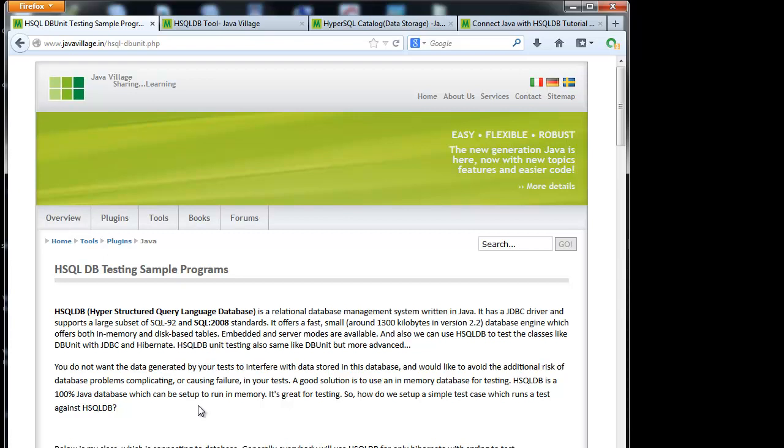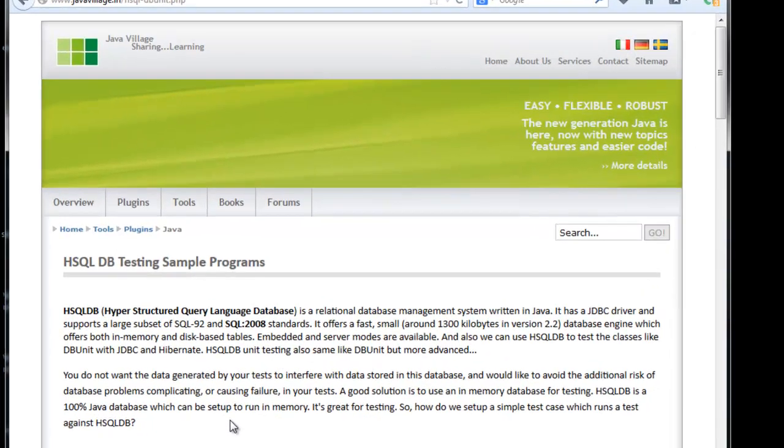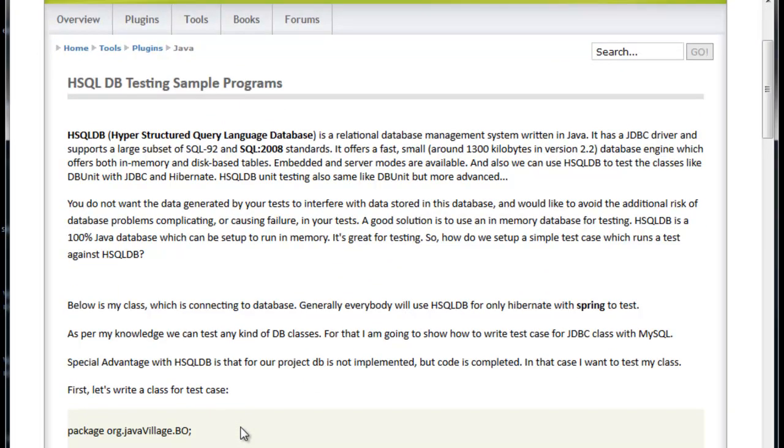The HSQL DB setup is also very easy to understand, and we can do it easily. Below I'm going to show one example which connects to a database. Generally everybody uses HSQL DB only for Hibernate with Spring to test.